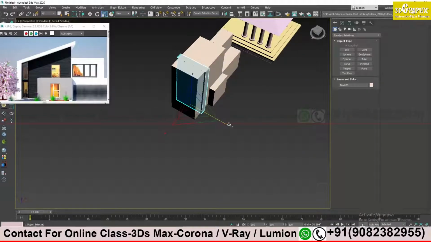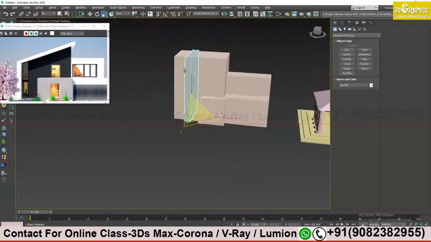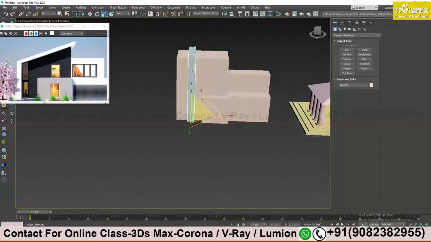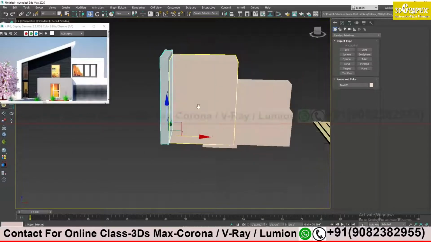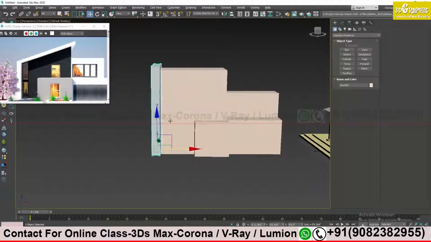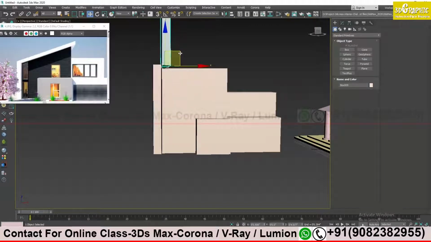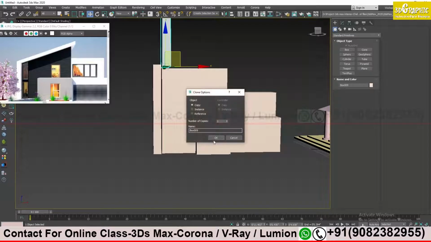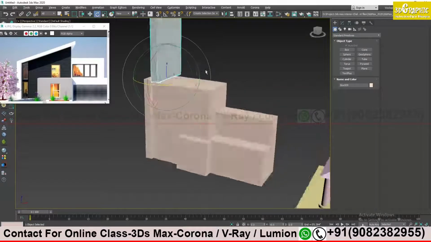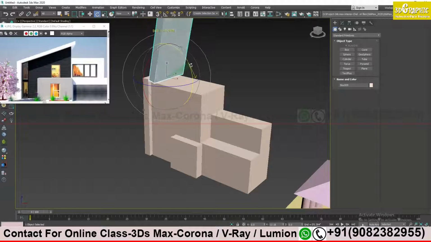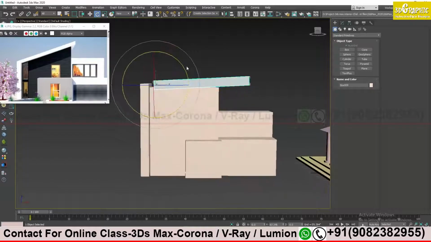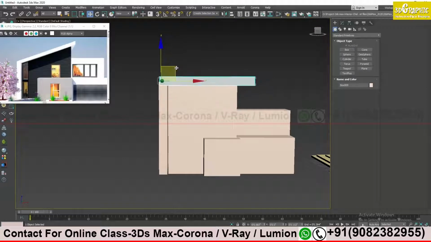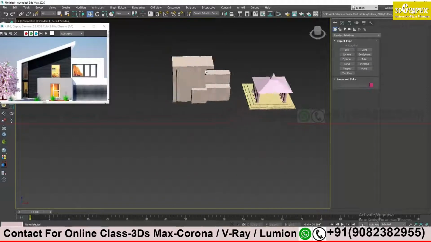I will increase the height so that it looks like the edge is bigger than the actual wall. I will move the object aside. Now this top portion, again press shift and drag in one direction, copy, and now rotation. Which angle do I want? This angle I want. So I will rotate somewhat like this. For now I am keeping it horizontal. W, okay.